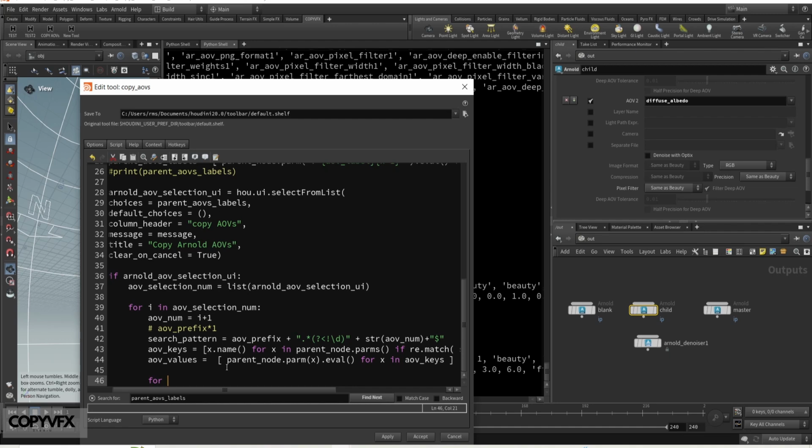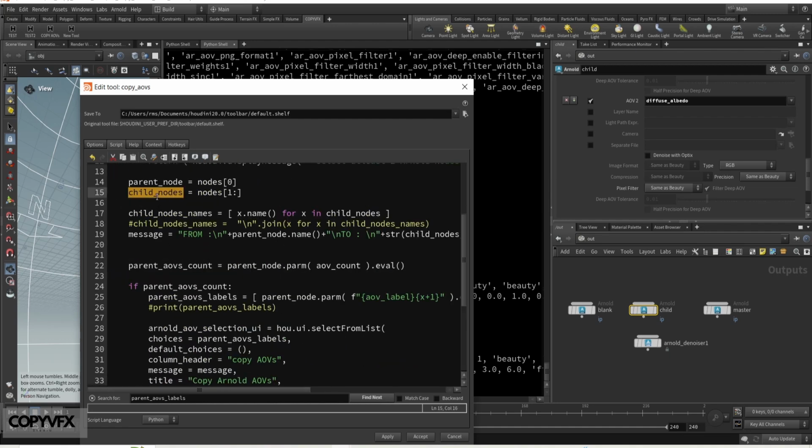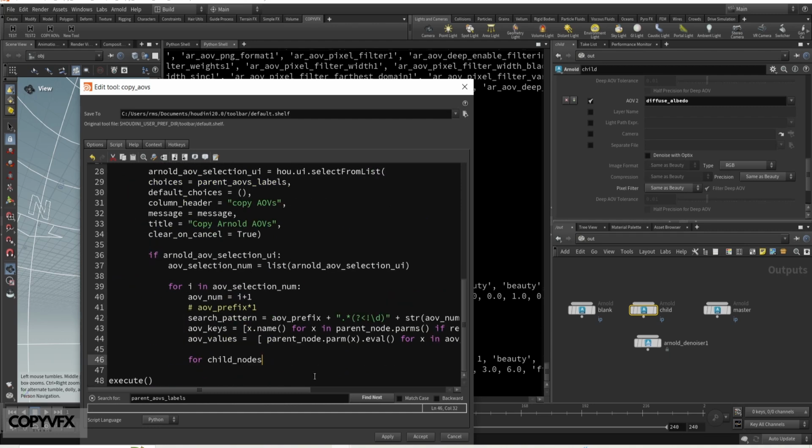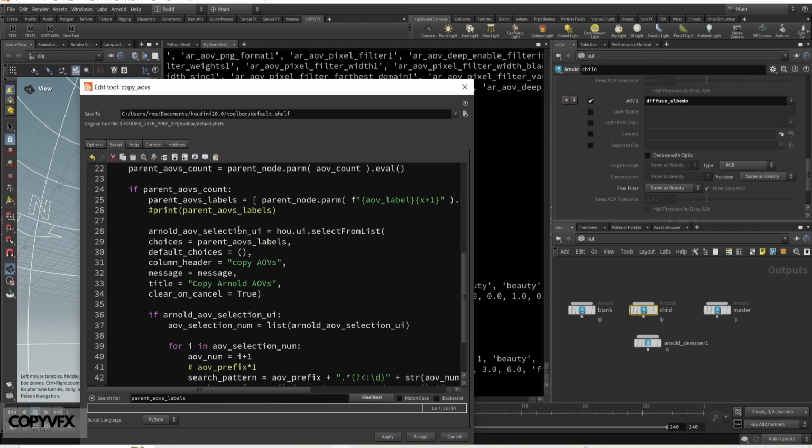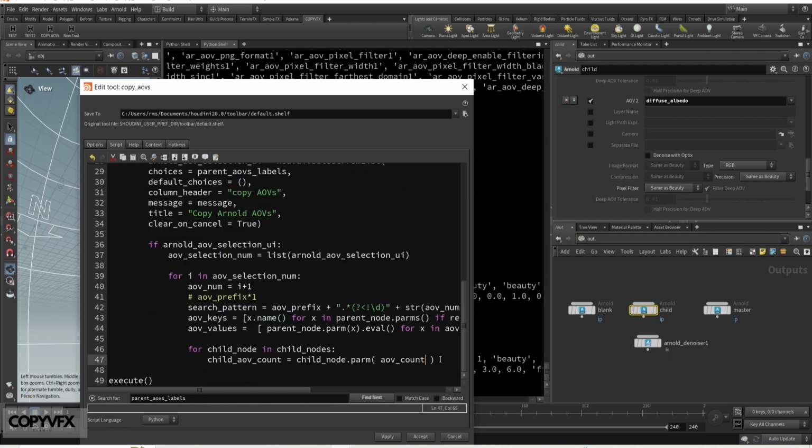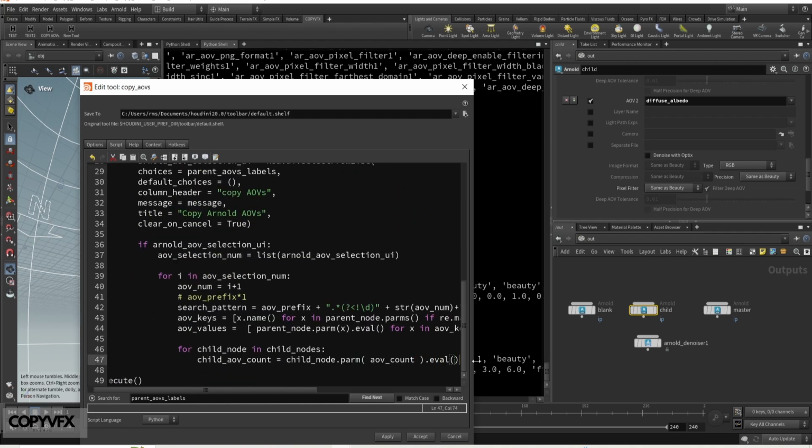Go for child nodes where I have selected it here. Child node in child nodes will query the value and print it. To do so, I will just write child AOV count dot parameter. What is the parameter? It is AOV count. Evaluate it,